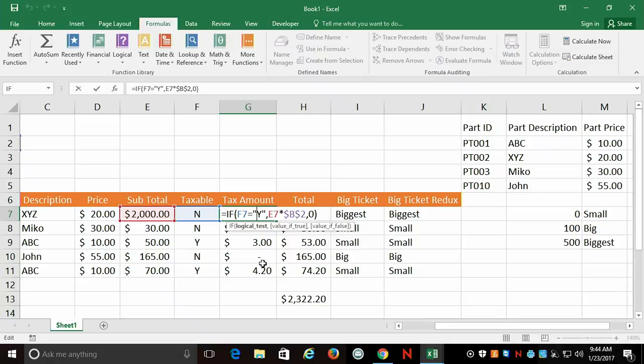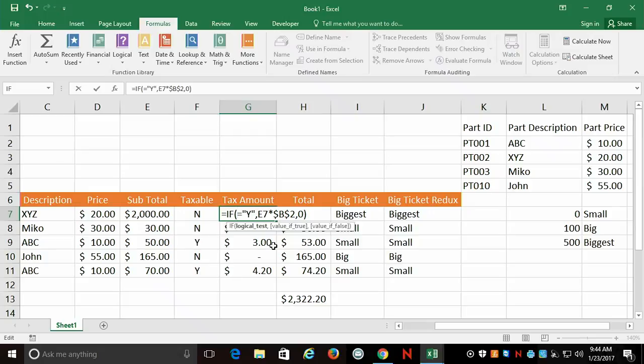Instead of saying, if F7 is equal to Y, what would I do? I'd have to put that VLOOKUP, that same logic in there for F7. Does that make sense? So we would say, if the VLOOKUP is equal to Y, then do this. If not, so let's do it. Okay, so what I'm going to do is let's just highlight that, F7, delete it,